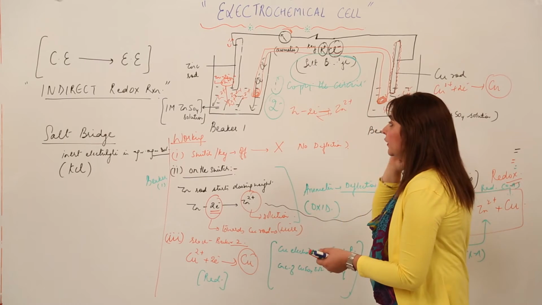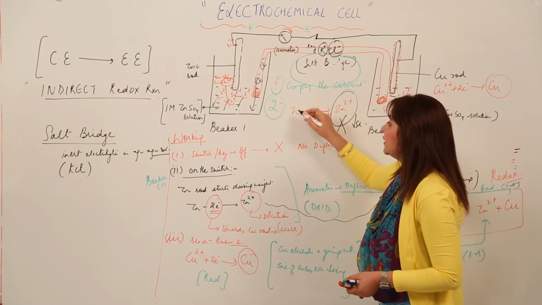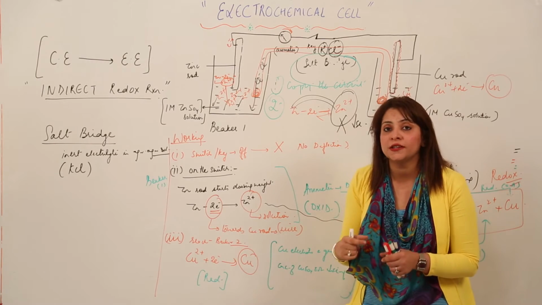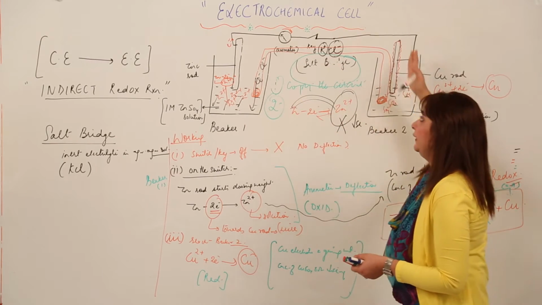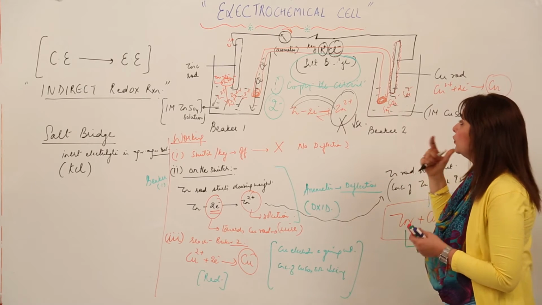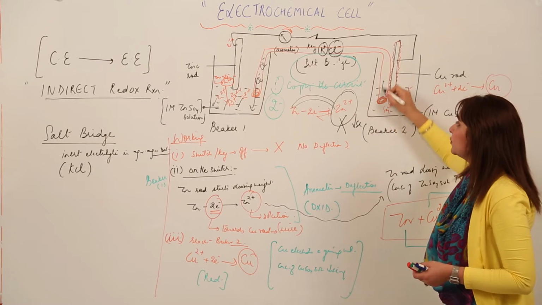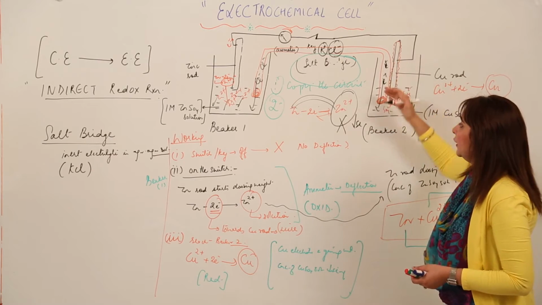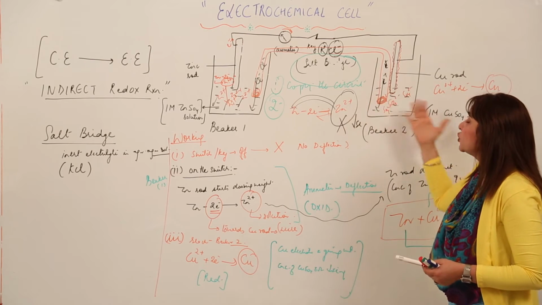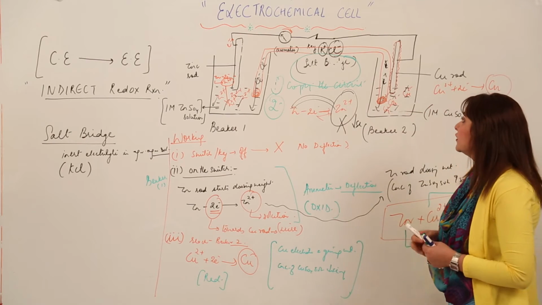So you can say the concentration of Zn2+ falls and the zinc keeps on oxidizing. That means zinc keeps on losing electrons, right, and these electrons keep on moving to beaker 2. Now what does the salt bridge do for beaker 2? It also neutralizes the excess negative charge by passing the K+ ions into the solution. That means the positively charged ions. So these positively charged ions neutralize the excess negative charge due to the sulfate ions,